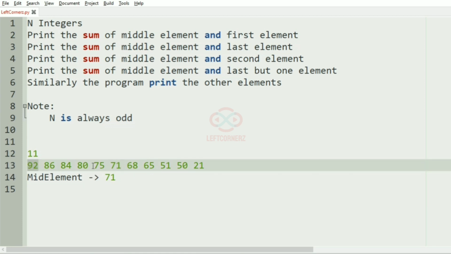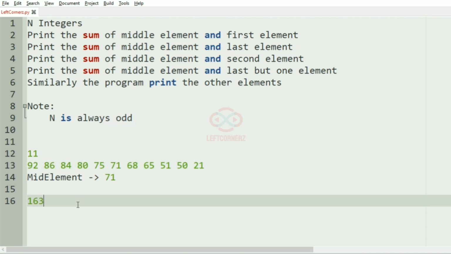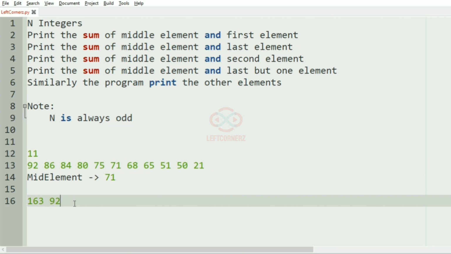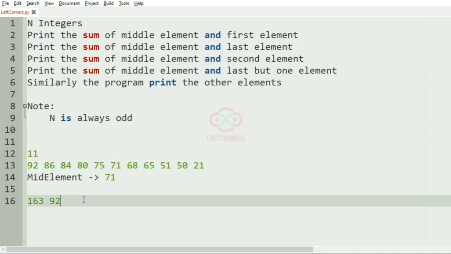So 92 plus 71 is 163, and then the sum of the middle element and the last element is 92, and the sum of the second element and the middle element is